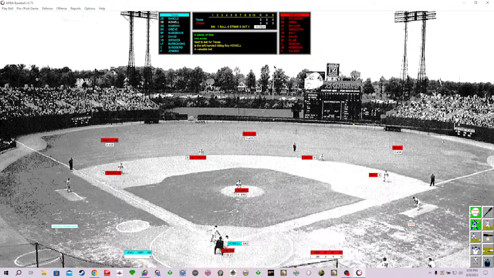And there's our managerial options, which right now we can only intentionally walk or pitch to the batter. So if I click this, this is something a lot of you guys haven't seen yet, we do that. But beforehand,